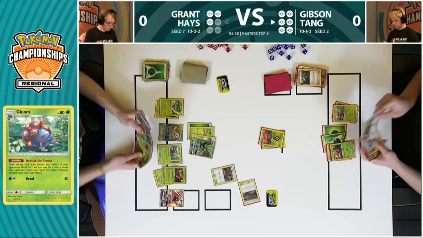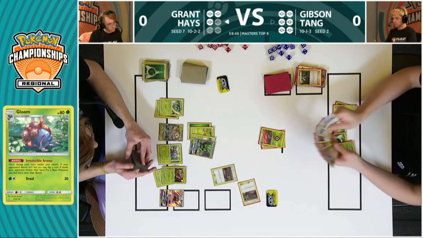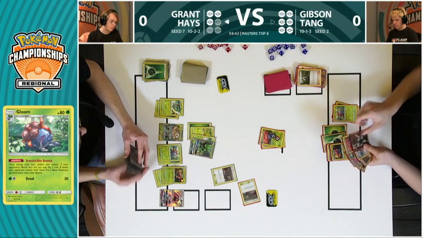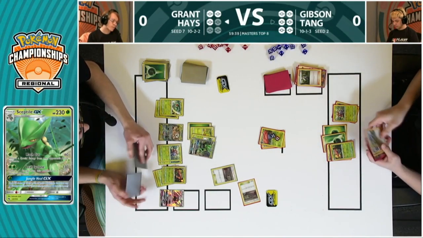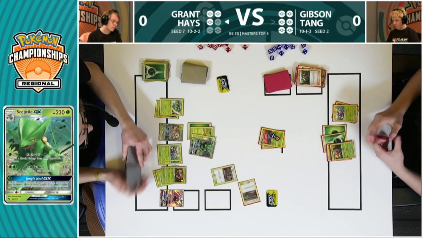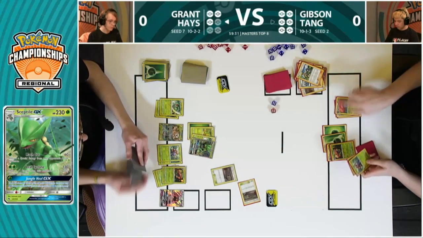Yep. It looks like now he's passing the turnover to Grant. Yep, and Grant is not quite going to be able to get a knockout on this Vileplume unless he finds another energy, but he actually might be in a position where he doesn't want to knock out this Vileplume because Leaf Cyclone does force you to move a grass energy to your benched Pokemon. He might want to hang on to that energy and save it for a more effective attack against a